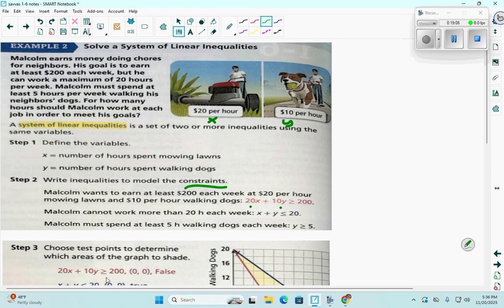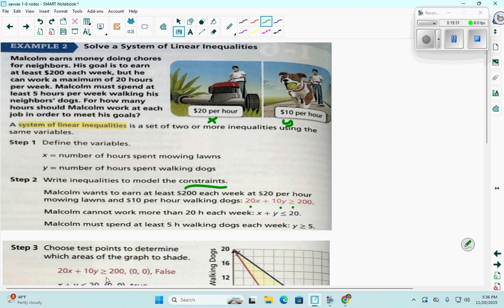They're both per hour, but they're two different situations. So the combine of that. They want to know how many of those hours they can work to get at least to $200. Okay, so the "at least" is your inequality. That's your constraint. And then the next situation now is Malcolm cannot work more than 20 hours each